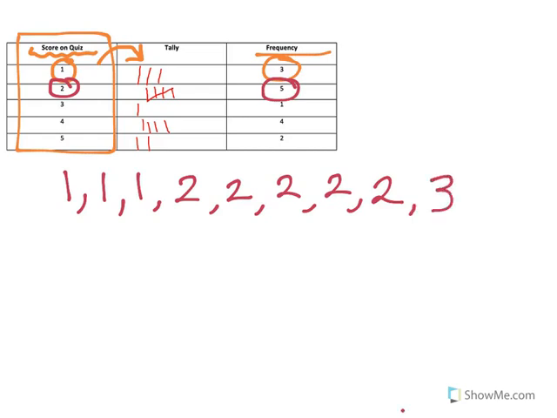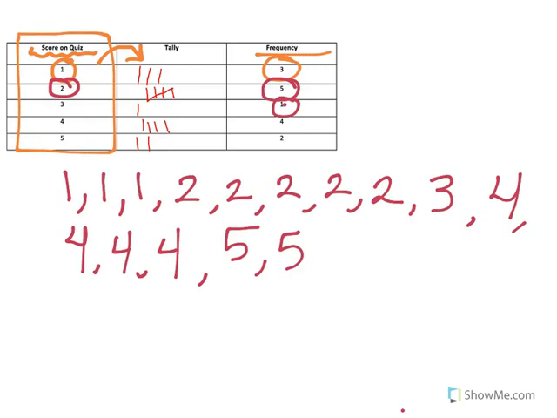So 3 has a frequency of 1. 4 has a frequency of 4. And then 5 has a frequency of 2. So now I already have these in order because my frequency table listed my scores in order from least to greatest. So now I want to ask myself, how many pieces of data are presented here? 15 pieces of data